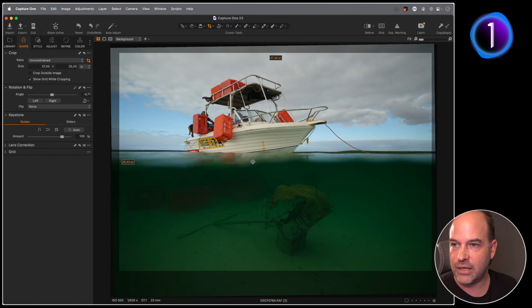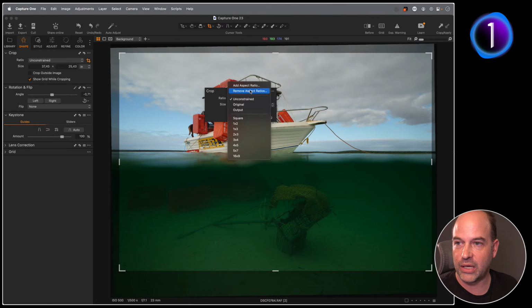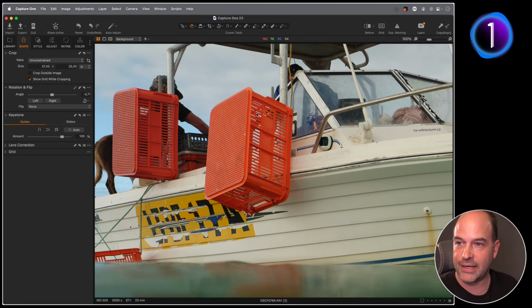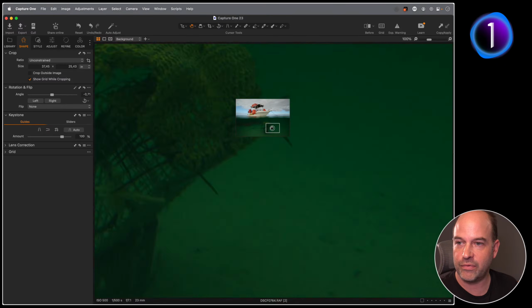Let's crop in slightly. If you right click whilst you have your crop cursor tool, you can pick your different aspect ratios, or you can add custom aspect ratios as well. Most of the cursor tools, if you right click, will give you a little bonus tool. So if I zoom into 100% and right click with the pan tool, I can actually move around my picture